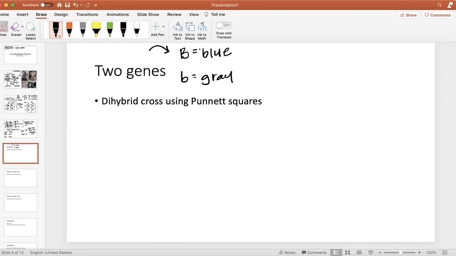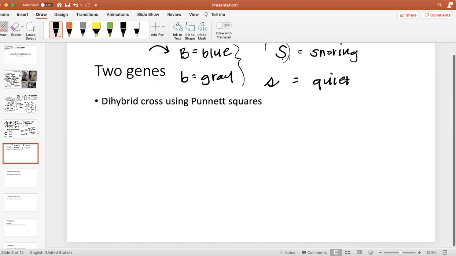Let's include a second gene. Now, this is like a real thing, but the second gene I'm going to make up. Weimaraners are famous for snoring. So let's introduce this fake gene of big S, which equals a snoring dog. And I'll make my little s like that so you can really tell. That's a quiet dog. In my hypothetical scenario, a snoring dog is dominant to a quiet dog because this is capitalized. Okay, so now we're going to look at 2 genes, and I want us to do something called a